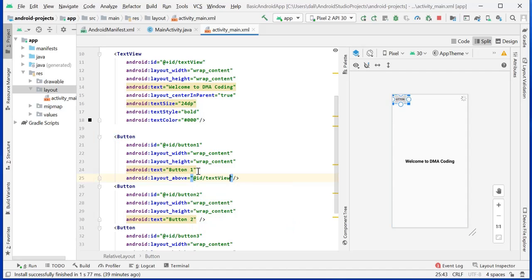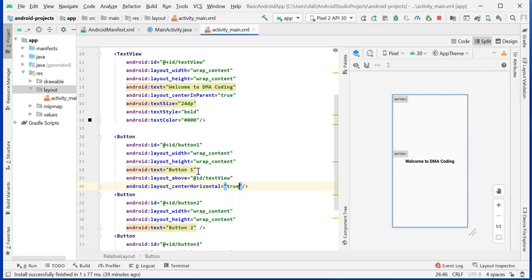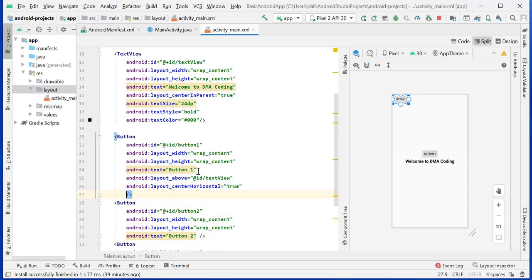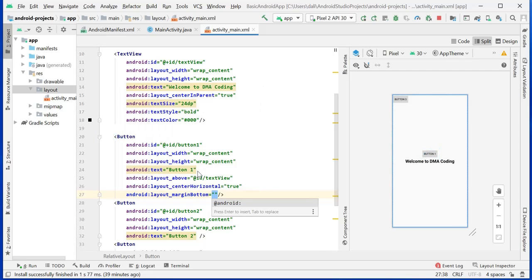The text view is there, and center horizontal true. So now it is here, and we'll give some margin also, margin bottom. From the bottom we want some margin, 10 dp. So finally it looks like this.